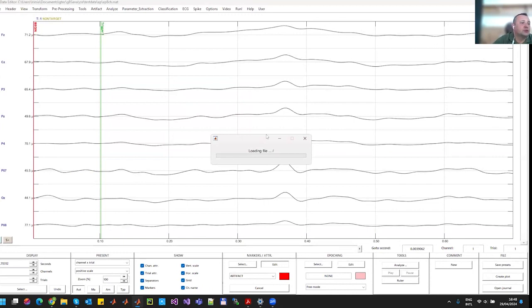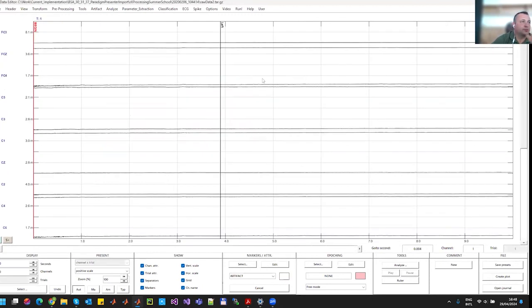It loads. Okay, so considering that we don't have these markers in here,